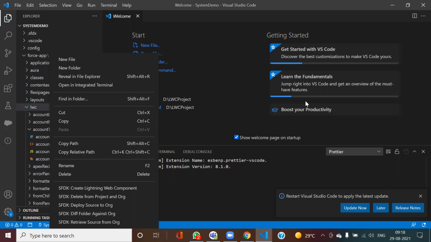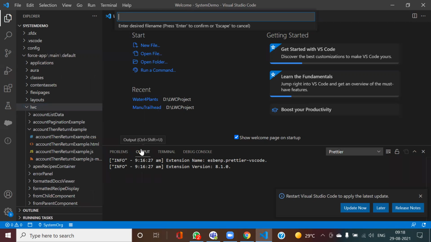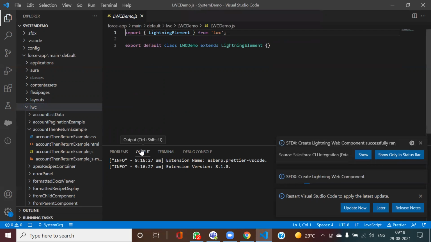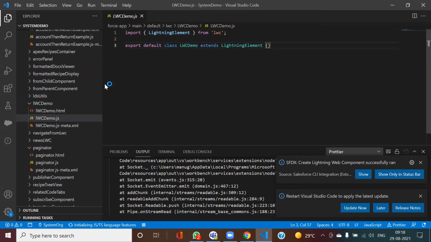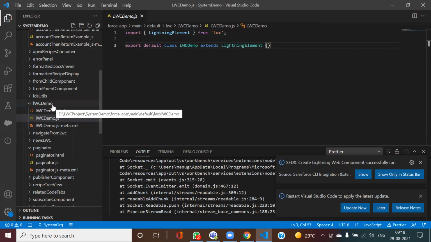So here, if you see, I just right click and you have this option, create new Lightning Web Component. Here you need to specify the name of the LWC. Let me name it. It will ask me where to save, and this one will be in the LWC library. Mainly, 3 files will be created.